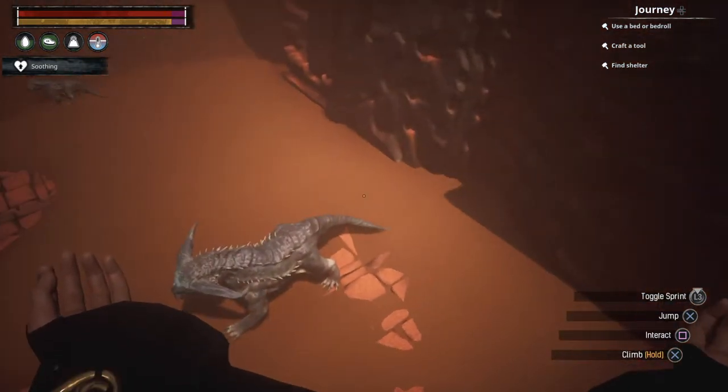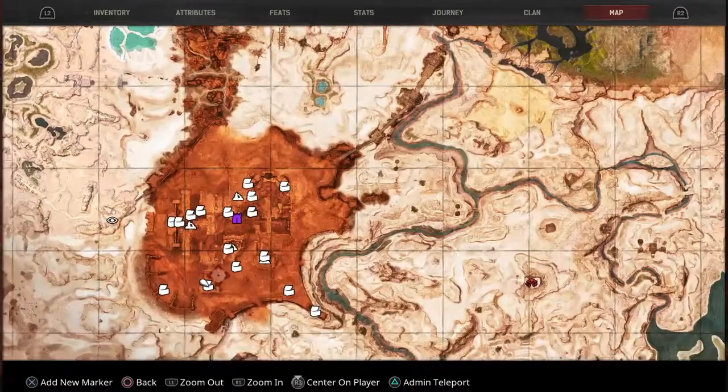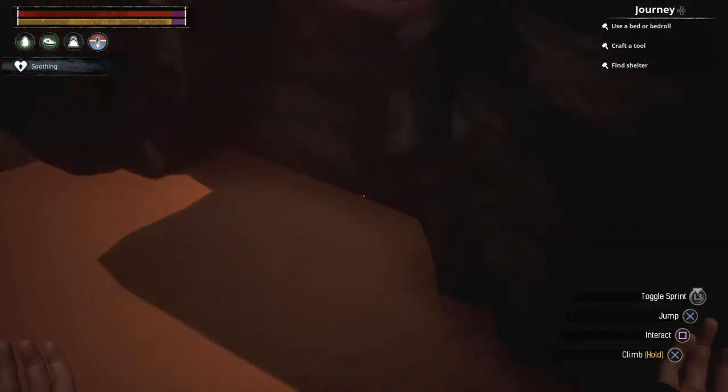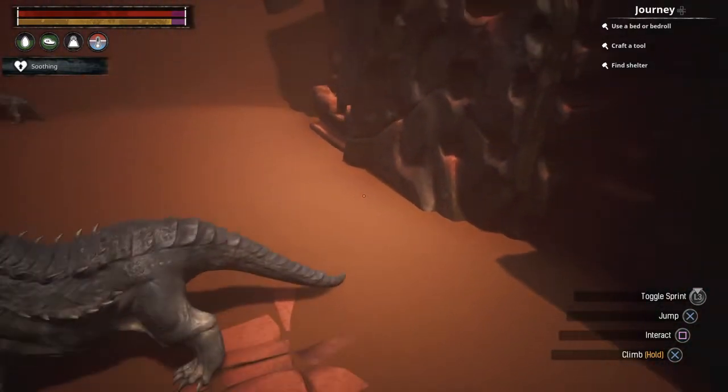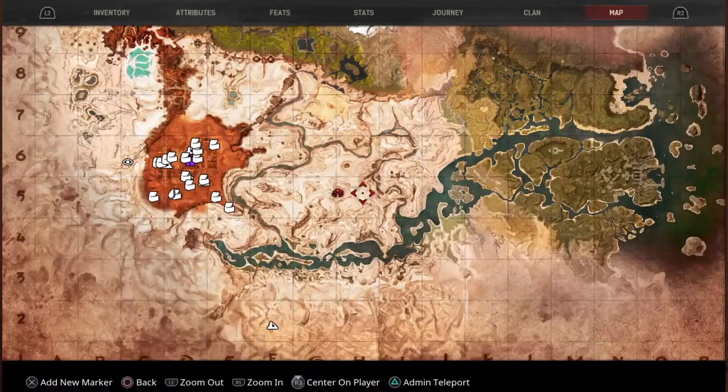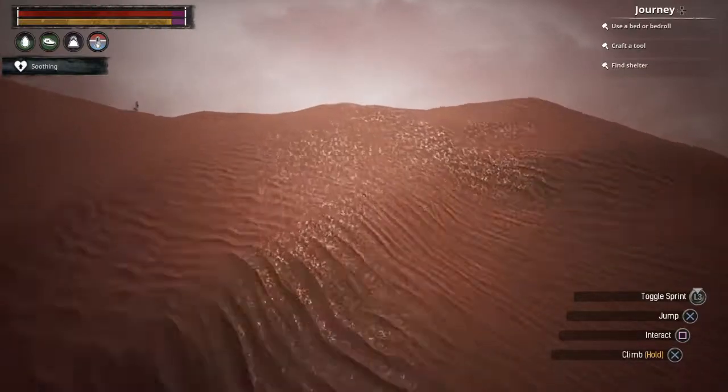There's a dragon down in this area here, and usually if you're lucky enough there will be one spawn there in that crevice right there, but as I've said, I'm showing you all of the ones that haven't spawned in just for the location guide. The sixth one is over here,